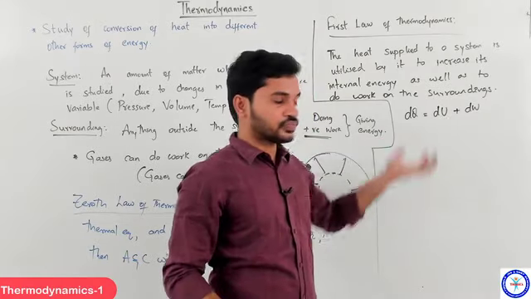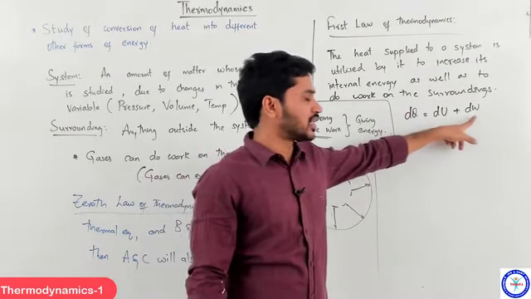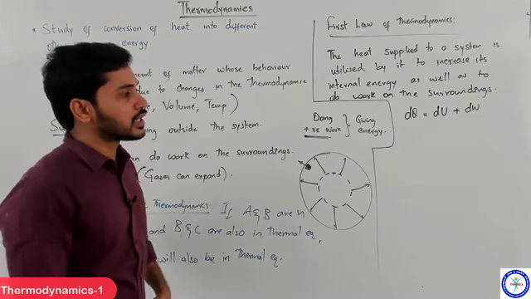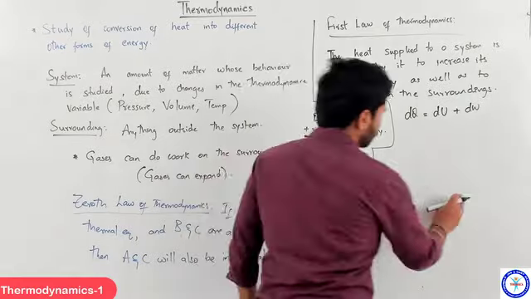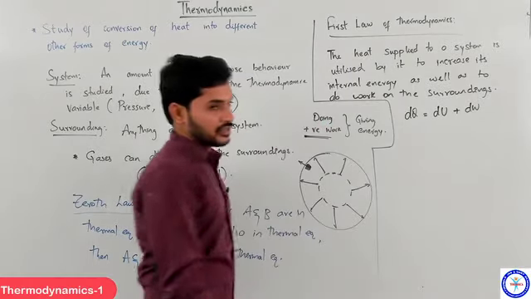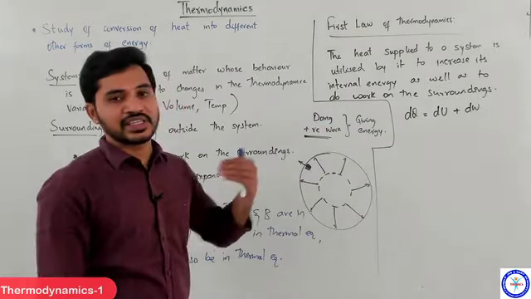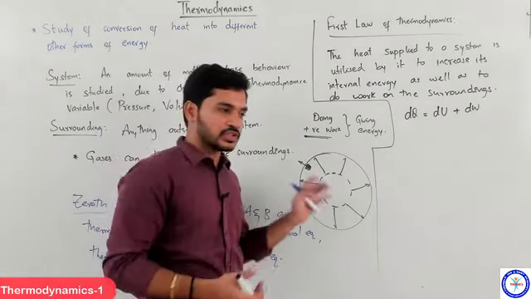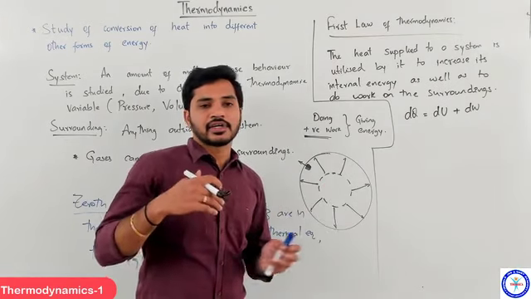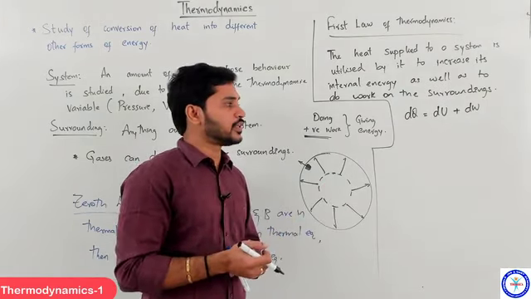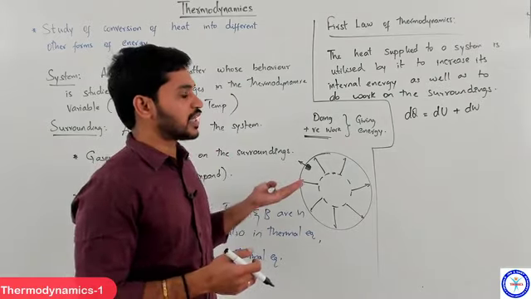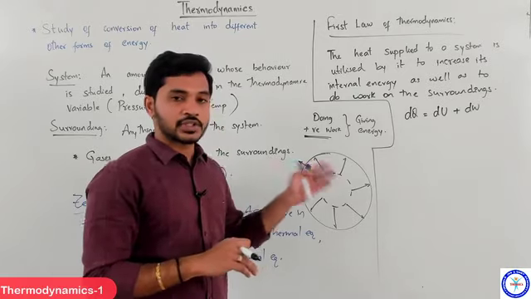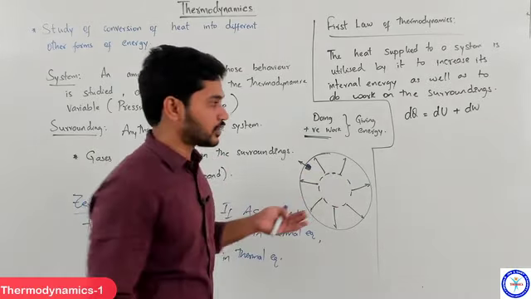One is to increase its own energy, and the other is to do work on the surroundings. So that is what we call the first law of thermodynamics. Here we'll be using some sign convention as well to understand whether heat is supplied or taken, and this is the sign convention that we should be sticking to in this particular topic. We'll have something different in your chemistry. You'll be studying a different sign convention in chemistry, but as far as physics is concerned, you should be sticking to the sign convention that I'm going to discuss now.